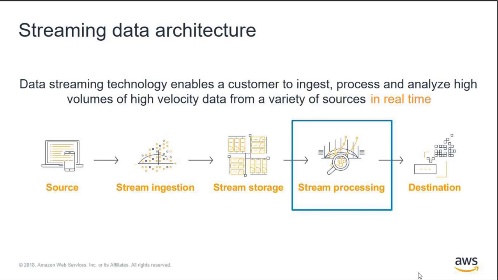So customers generate this data. They need some mechanism to ingest the data and then store it. I'll cover two stream storage technology services that AWS offers. After the data is ingested and stored, the primary goal is that it's durably captured. These IoT devices or servers are typically transient and don't provide durable storage. So the first mission is to get the data off of those data sources quickly and efficiently and durably store it. And that's what streaming storage provides.